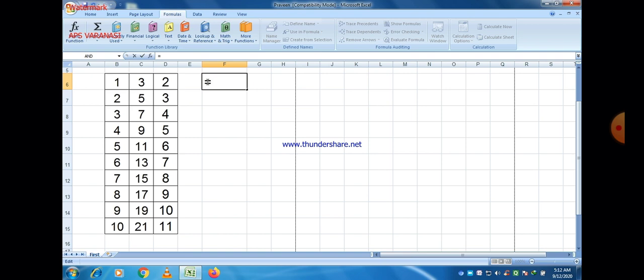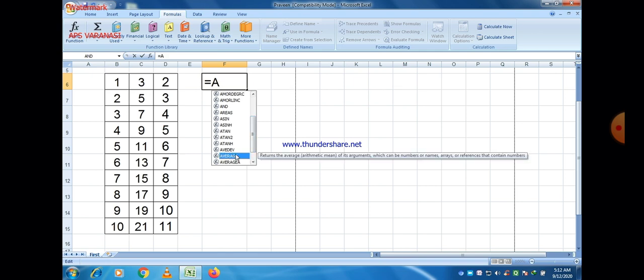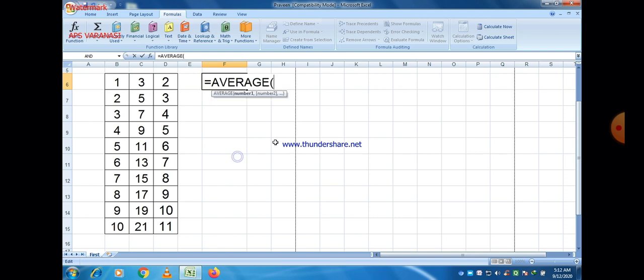Now here, one more important thing, if you want to use a built-in formula, then after the equal sign press any letter. Suppose I just press A here, so the formulas that begin with letter A are all represented here. It is helpful when we forget some formula, so we can see here. I select a simple formula of average, so just click on average and it shows its syntax and tells about the formula also.